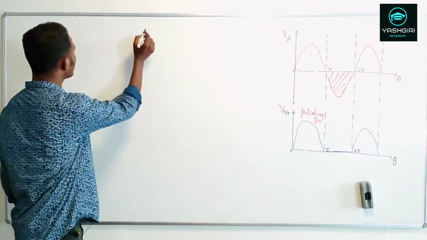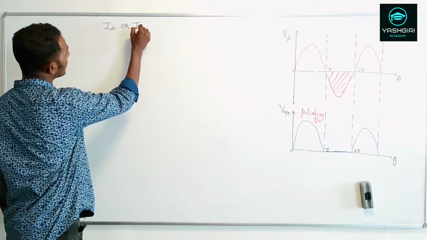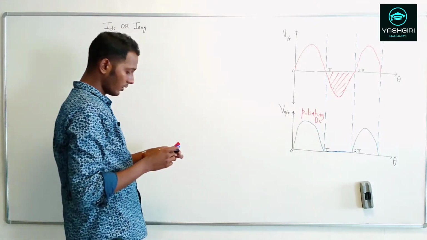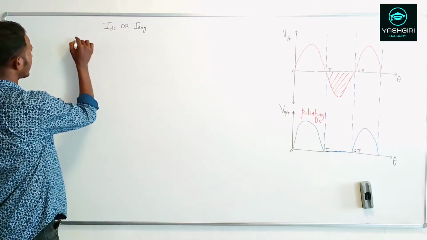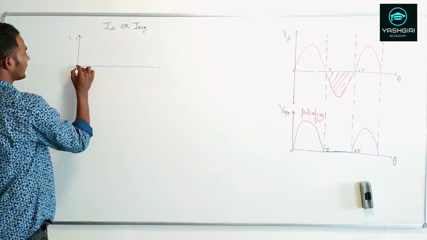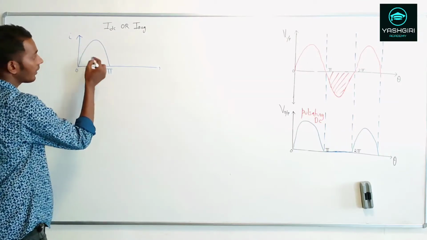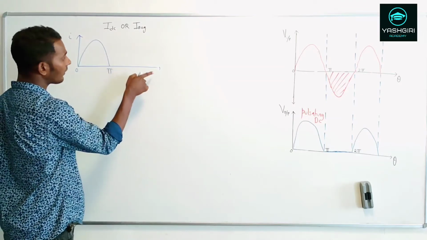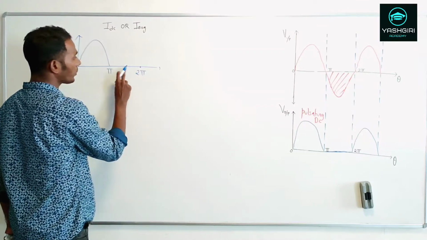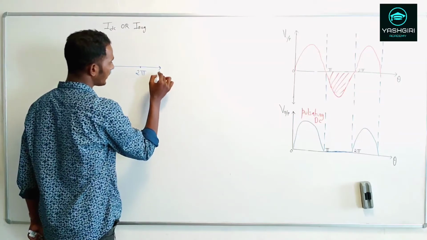Now let's try to calculate the IDC or the I average value of a pulsating DC output waveform. So what I have is, this is my current, so I'll go with the current, okay. Here this is my waveform from 0 to pi. You find a half wave being rectified, whereas the other half of the input signal is not rectified by this half wave rectifier circuit. So from pi to 2 pi you won't find any current across the load RL, so this is your theta.